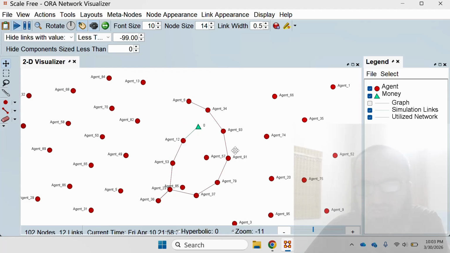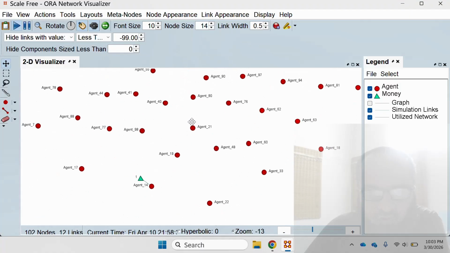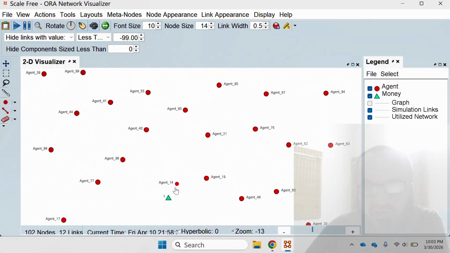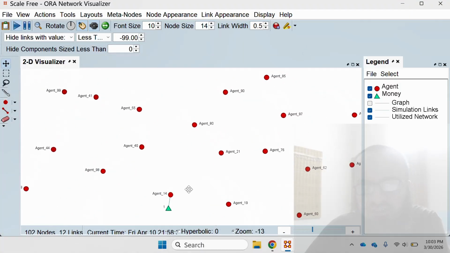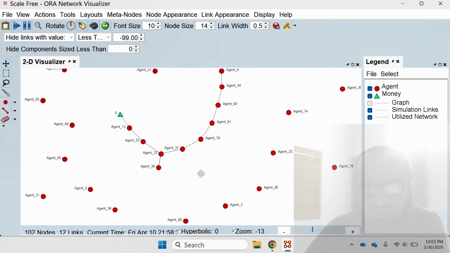This network has been tried by the system for the random flow of this. And since this is a disconnected component, maybe the money will keep diffusing over here. It will not go beyond out of this. And if you go here, it is still with agent number 14 because this was an isolated agent. So it couldn't pass on the money to others. So this way we can actually view